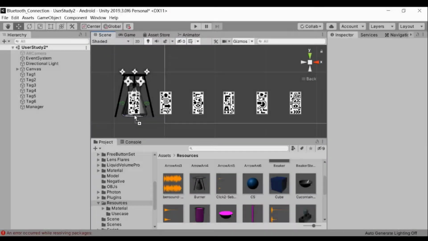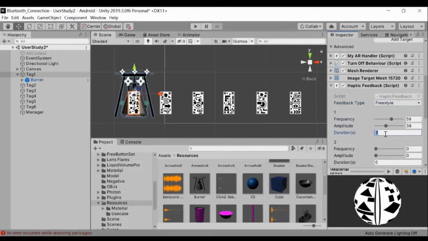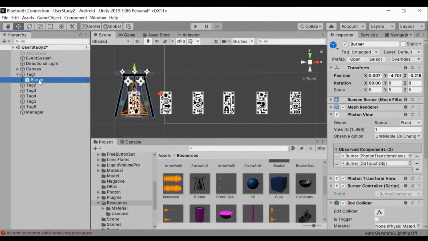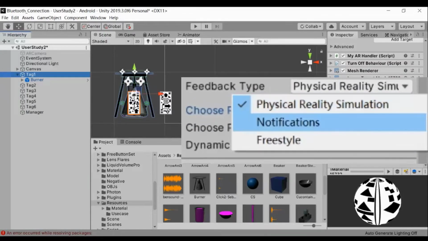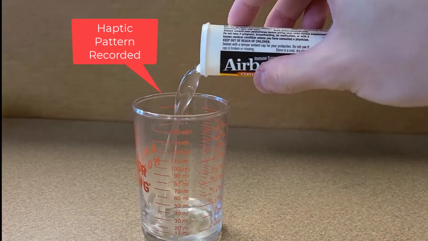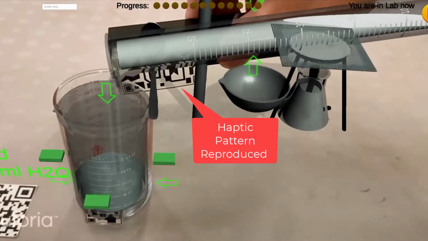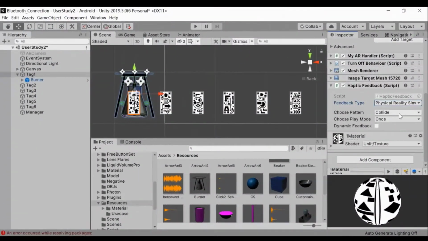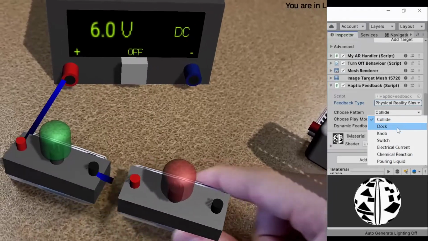Using our Unity package, content designers can easily customize and create different haptic module behaviors and integrate them into an existing AR application. Our package comes with prefabs of our AR tags, which designers can select and choose from our 3 types of feedback. Physical reality simulation provides the perception as if physical properties and constraints still persist when interacting with virtual objects. Our 7 built-in patterns are collide, dock, switch,